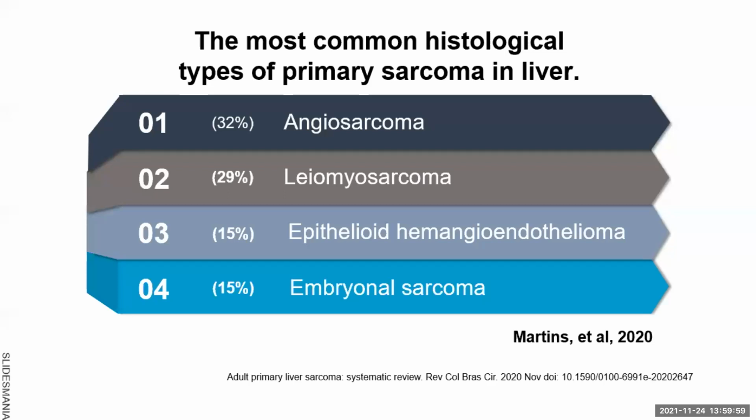So this is a very nice systematic review from Martins et al. in 2020, that the most common histological types of primary sarcoma in the liver are angiosarcoma, then leiomyosarcoma, epithelioid hemangioendothelioma, and embryonal sarcoma. So as the basis from the case, we try to make the diagnosis, the evidence diagnosis,